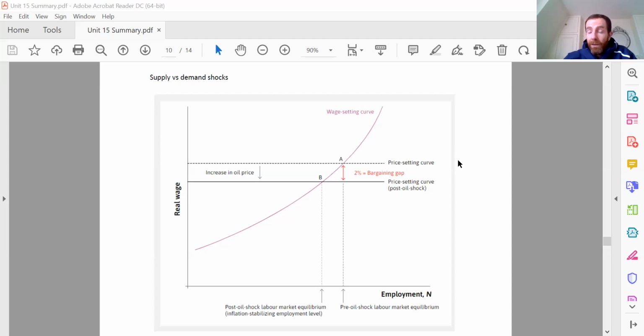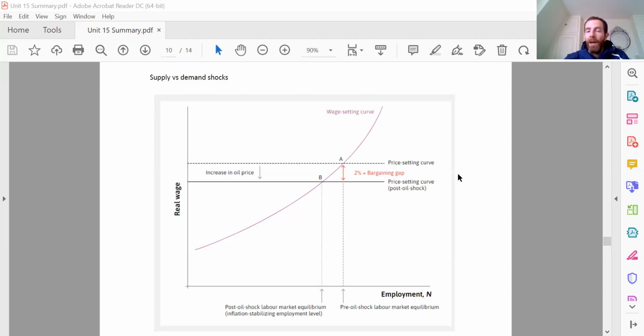So let's think through what that's going to do. Well, oil is a very, very important input into lots and lots of firms' production process. And if the price of one of their inputs goes up, then the costs of production are obviously going up. And what firms will do is pass on that increase in their costs into an increase in prices. Again, assuming that the markup that they can charge hasn't changed, assuming that nothing's changed about the level of competition in the goods market, firms will pass on that increased cost of production